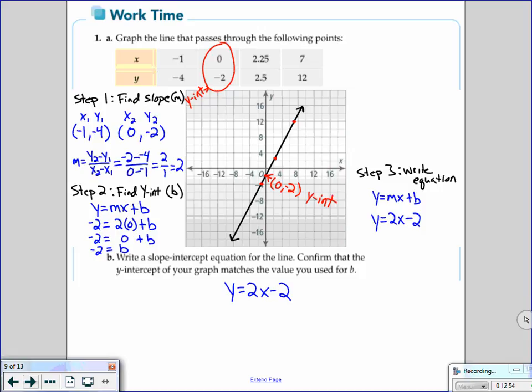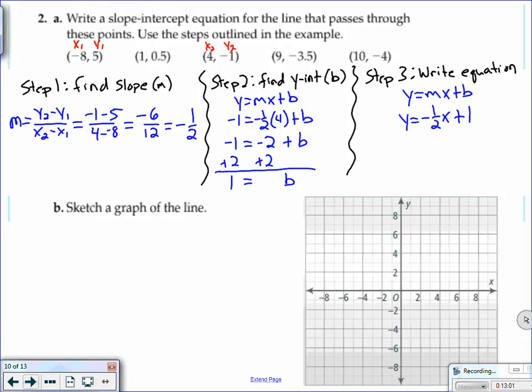Substitute the 2 in for m, the -2 for b, you get y equals 2x minus 2. Okay, number 2,